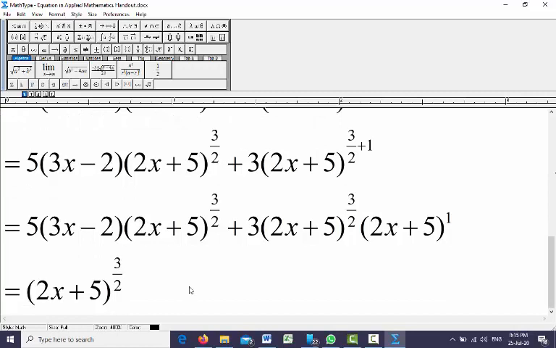So if you take common, what do you get? From these we have already taken 2s plus 5 power 3 by 2 common. So that means the remaining part will be there. So we will have the remaining part now, right? So 5 into 3x minus 2 plus, now again here we have already taken this one common, so this one will no longer be there. So that means what we will have is 3